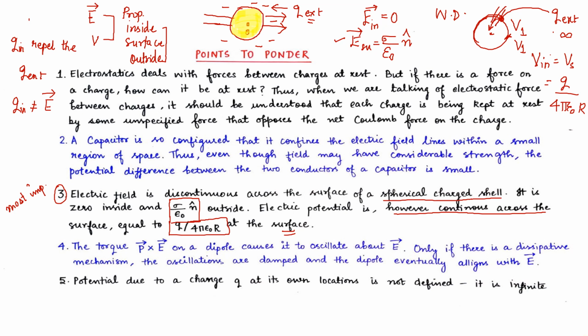Okay, now moving on to the fourth point here. The torque P cross E on a dipole causes it to oscillate about electric field E. Only if there is a dissipative mechanism, the oscillations are damped and the dipole eventually aligns with E. When we are talking about oscillations, understanding damped and undamped oscillation is very important. So what happens over here is, these are electric field lines